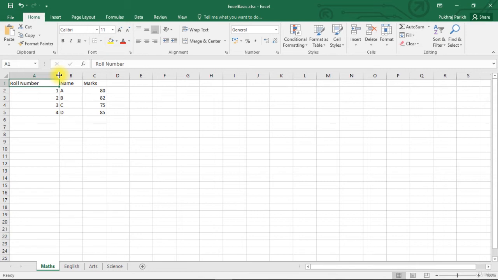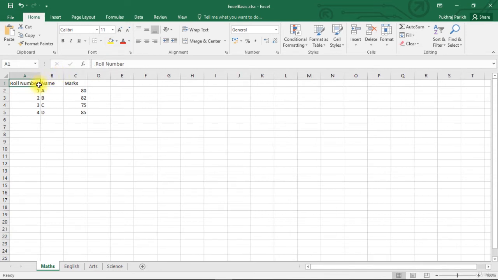Excel will automatically set the column width to the width required to display the complete text in all the cells of that column. You can see that Excel has set the width so that roll number text is now visible to us. Just as we are resizing columns with the right border, we can resize the rows with the bottom border. Let's increase the height of this first row.